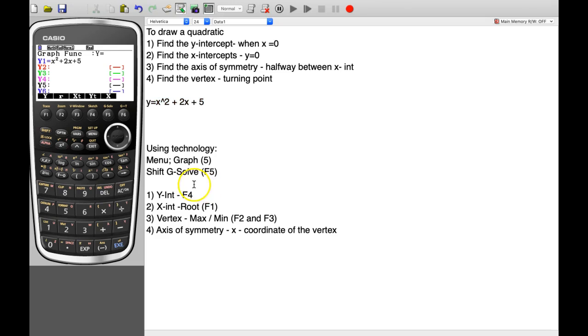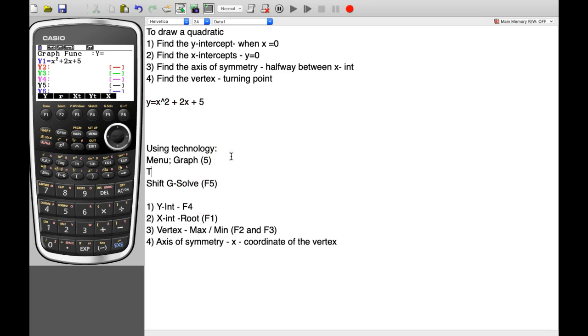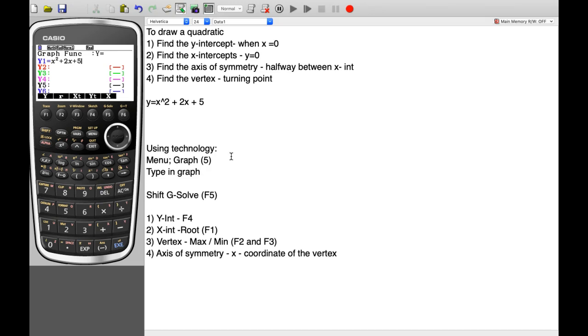Now before I go and graph that, I'm going to type in my graph, and then I'm just going to go to F3 because F3 is view window. Alright, so I'm going to go view window, and that's basically setting up the scale on your axis. So like when you draw a graph and you put a scale on your axis, that's what the view window is. So if we go to F3,